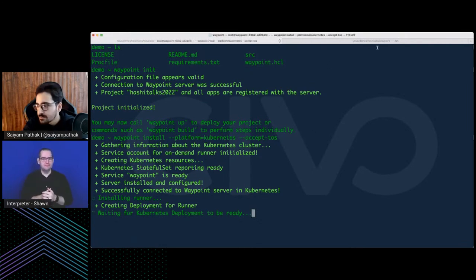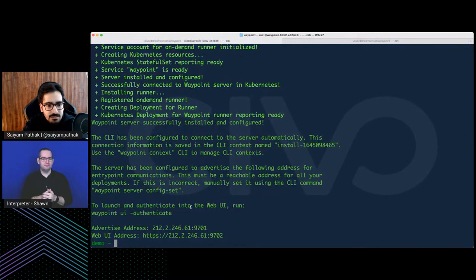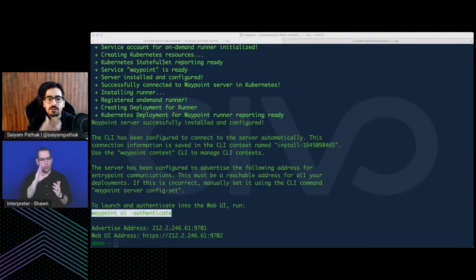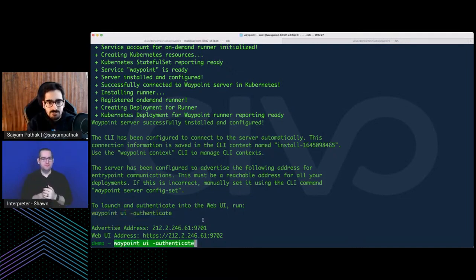And after this is done, I get to have a complete Waypoint stuff which is there. Like you have Waypoint installed, I can authenticate. So now I will do a Waypoint UI authenticate, and it will automatically open a Waypoint UI for me, and it will, let me first do it,